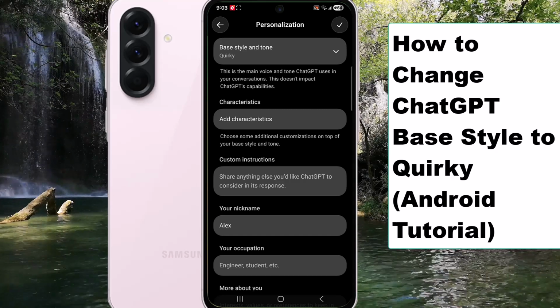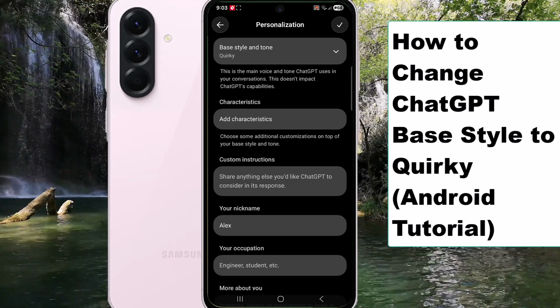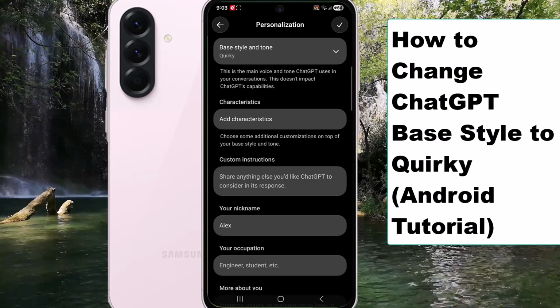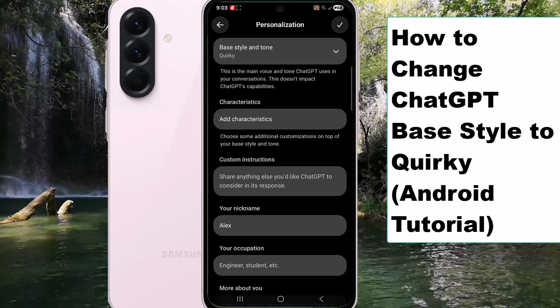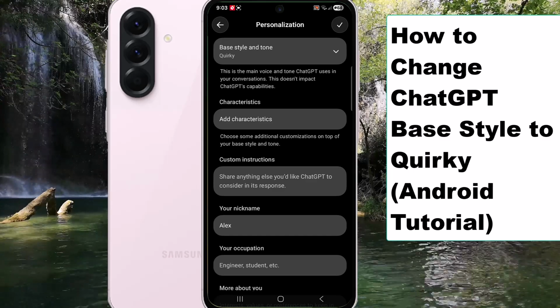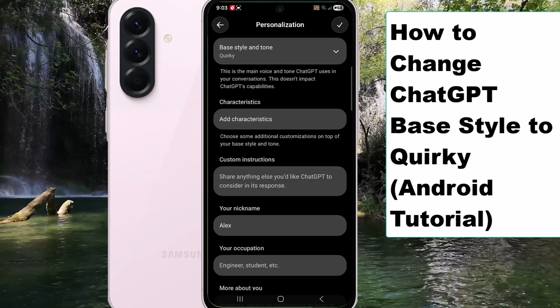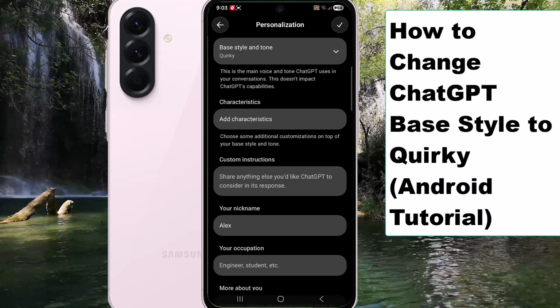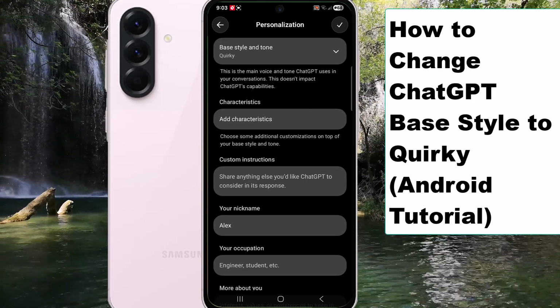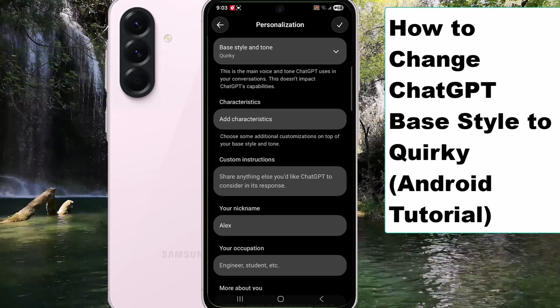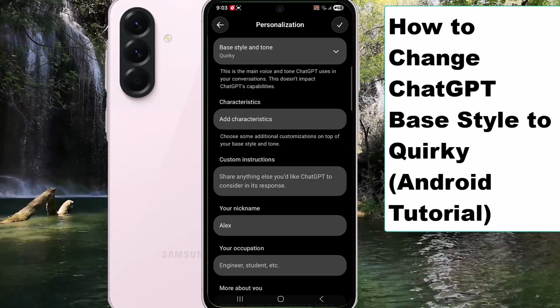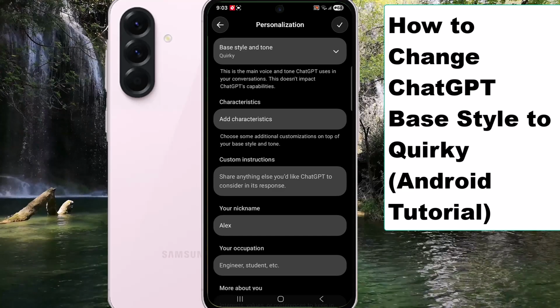Once selected, ChatGPT will start responding in a more fun, imaginative, and slightly unconventional way. This tone is great for creative writing, brainstorming ideas, storytelling, or when you just want something less serious